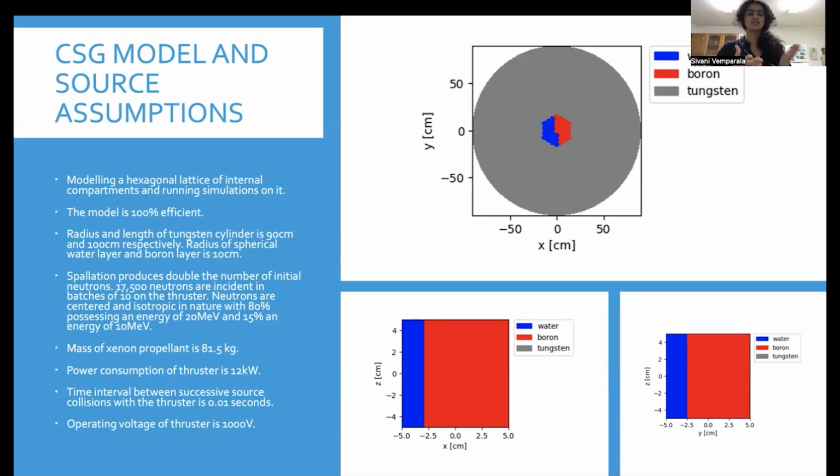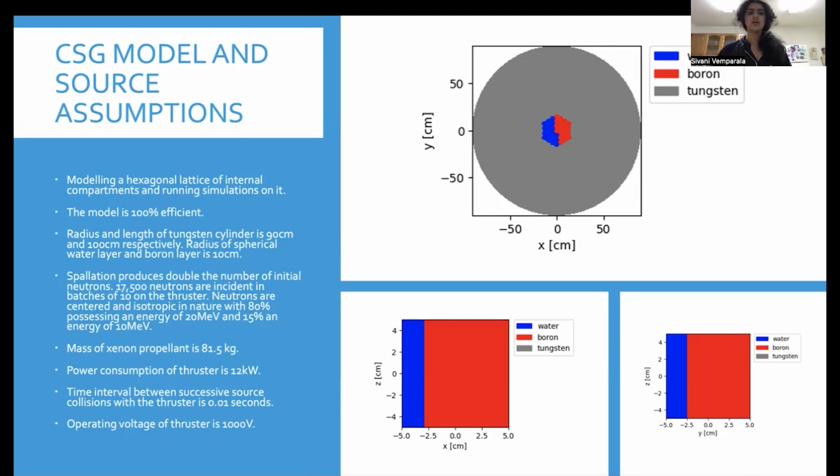Now, certain assumptions have been taken for this model, but the most important ones I would like to focus on here are, first of all, the model is 100% efficient, and spallation is producing double the number of neutrons, as I previously mentioned in the slide. And the neutron constituency has been defined here. That is, 80% of them have an energy of 20 mega electron volts, and 10% or 15% of them have an energy of 10 mega electron volts, which is extremely important to determining the results of my thrust,